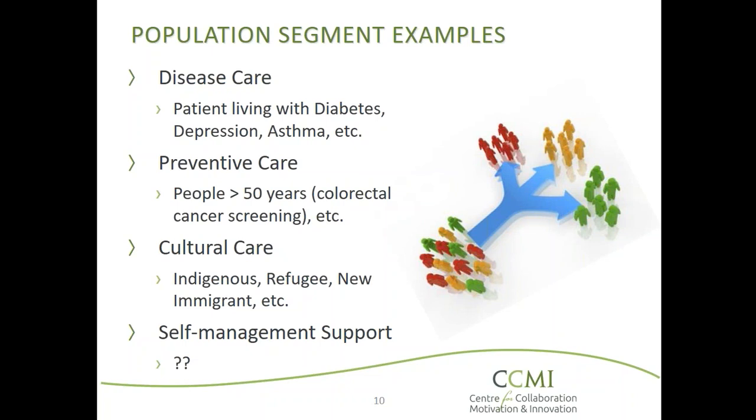Immigrants that are new to the country and may not speak English. So again, cultural care segmentation is another way to go about it. All of these can actually be blended together. So you could create a registry of a population of patients living with diabetes, and also subsegment them by their hemoglobin A1C levels. Those less than 7 are in good control, those between 7 and 9 are in fair to poor control, and